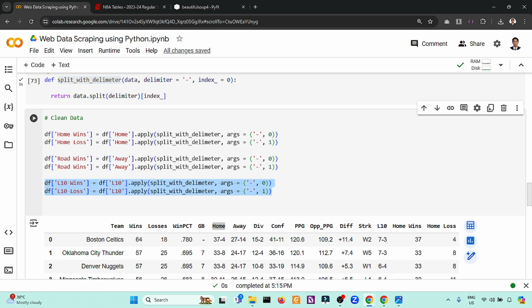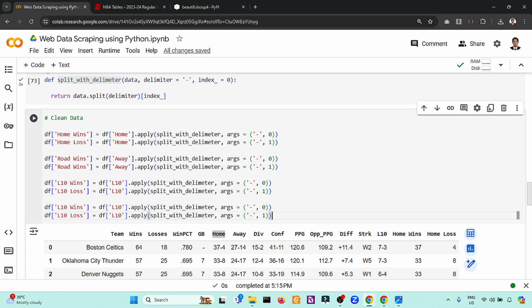We can also do this one for the streak, but with a different approach. So we have a streak. We create another column of streak based on strk, but instead of a delimiter, I will replace the W with a blank and the loss with a blank also.